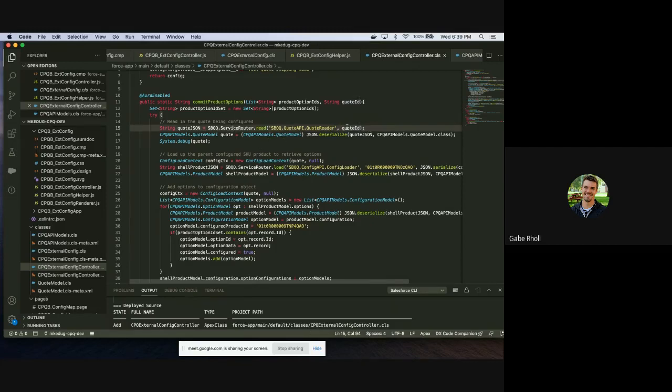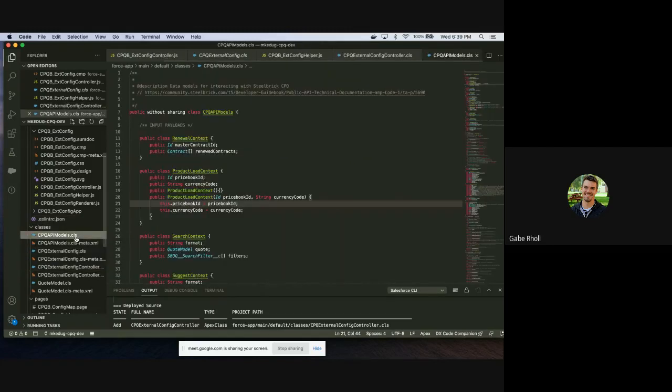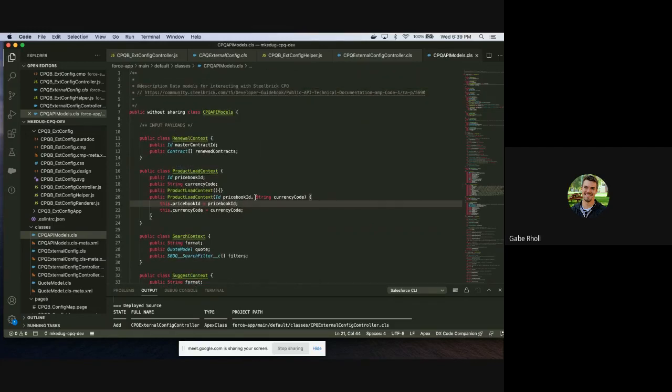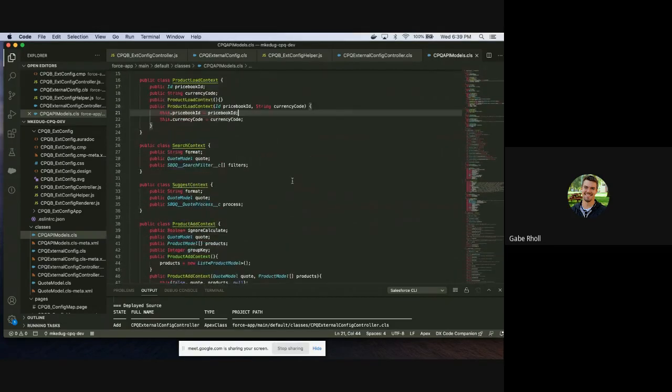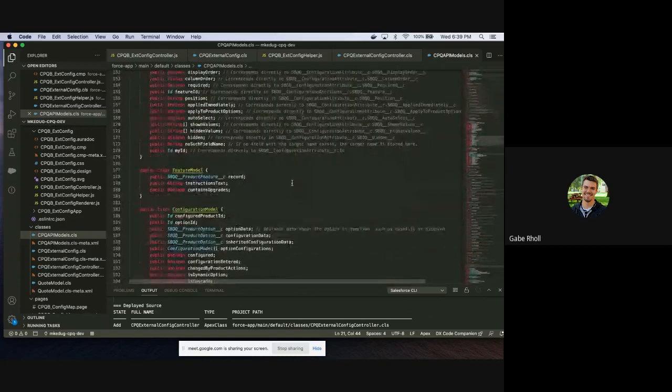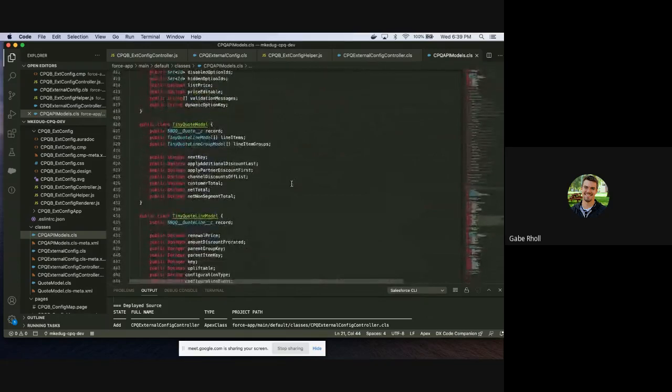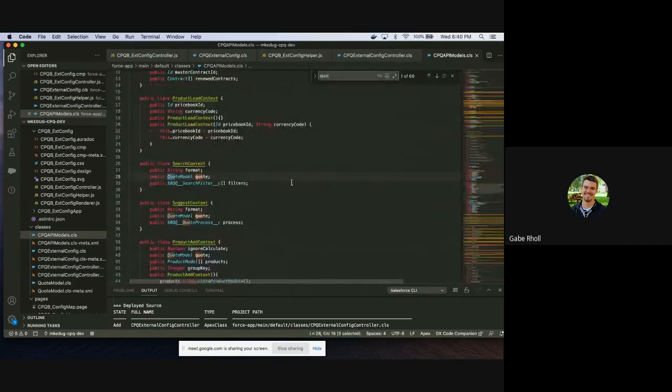So when I call this and give it the quote ID, it gives me a JSON object representing the quote. And this is in the form of a CPQ API quote model. And these quote models I've defined in a plain old Java object here. Again, credit to someone else because I got this off of GitHub. This is basically a definition of all possible objects out of this API. And the quote model,